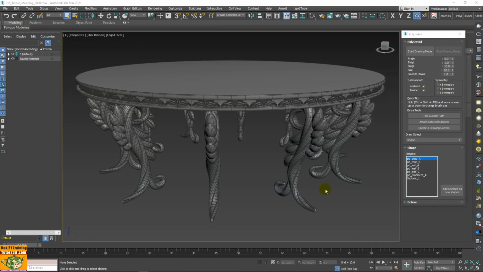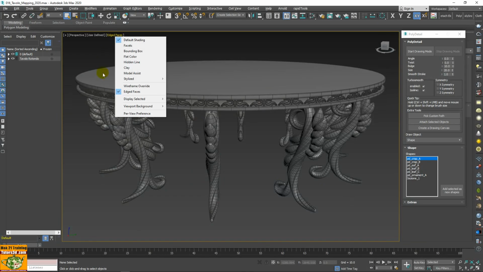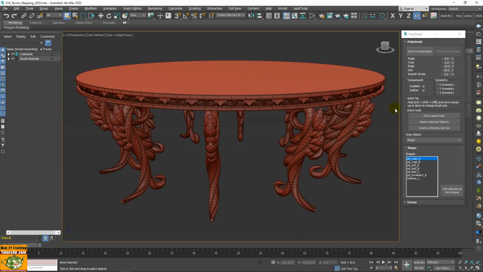Welcome to Mag 21 in this new course where we are going to model an object with classic shapes with a very powerful tool called PolyDetail. PolyDetail is a modeling tool that references shapes or geometries. In the course we will see how to use all its functions and how you can also increase the libraries. Because here, for example, there are additional elements that I have installed and we will see together.